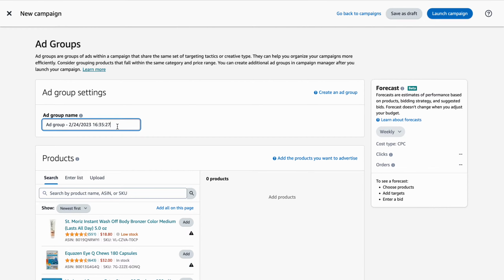So what you would do is name this, for example, without going into too much detail, I would make sure that I name it something similar to my product. Okay, so let's say we're launching a baby cloth, for example. I would do BC, and then I would say if it is an auto, okay, main campaign, or for example, if it is your main keywords and they're high search volume, I would do BC, standing for our product, so we know what it is, and then we would do high search terms.